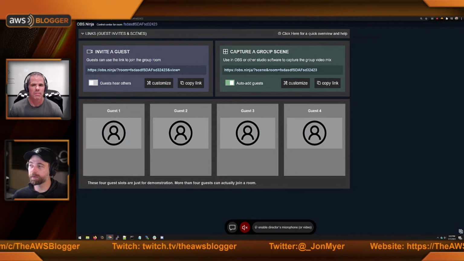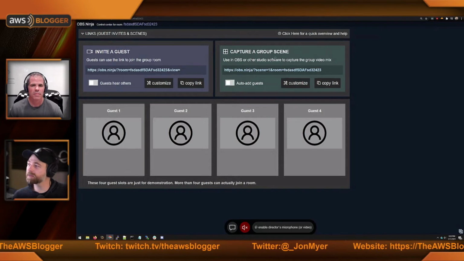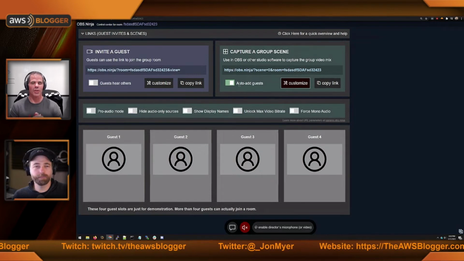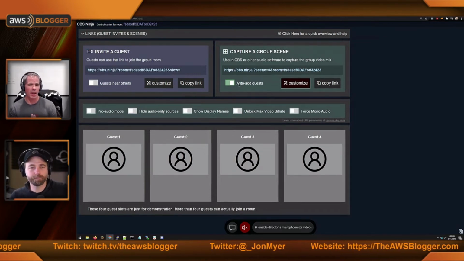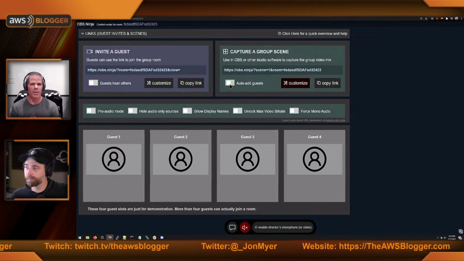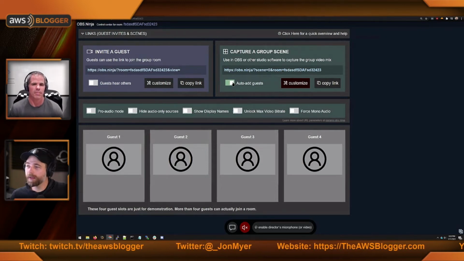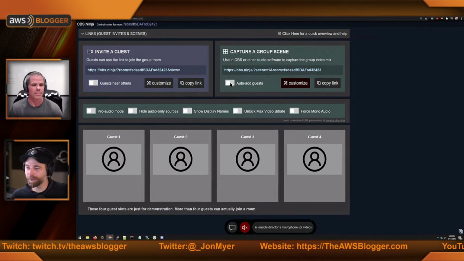Same thing goes with the group scene. We have introduced a new button that allows us to consolidate this link into one link, but this lets us have the scene be automatic or a manual scene. I was going to ask you that one because before we had the manual one and we had the automatic one, and I was going to ask how that kind of worked with the new layout of the director panel. So I'm glad you condensed that, made it a little more simple, but it's still very powerful. I appreciate that. There's a lot more work to go. The director's room is a constant UX challenge.